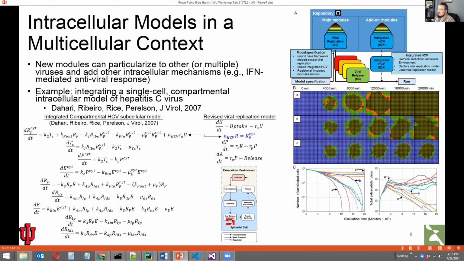So this is the HCV multi-compartment viral replication model, but being simulated in the multicellular context of starting with one initial infected cell, having the spread of virus due to viral replication and release according to the rest of the framework modules, and then the corresponding immune response as it was in the original simulations.